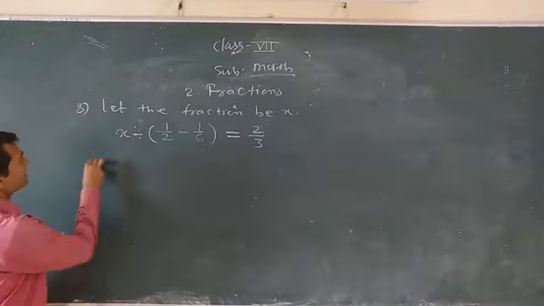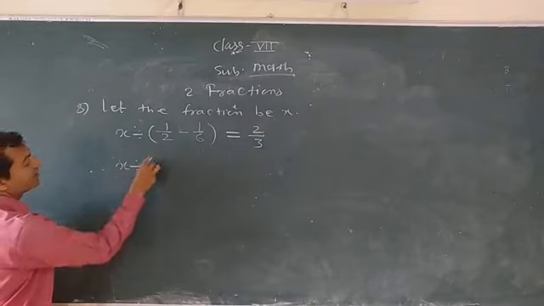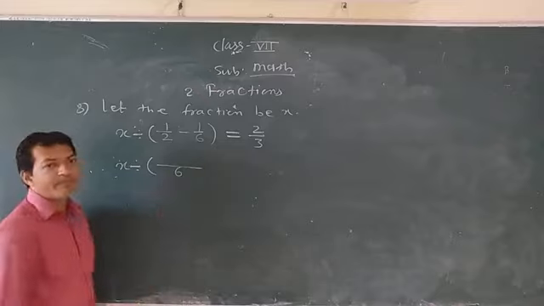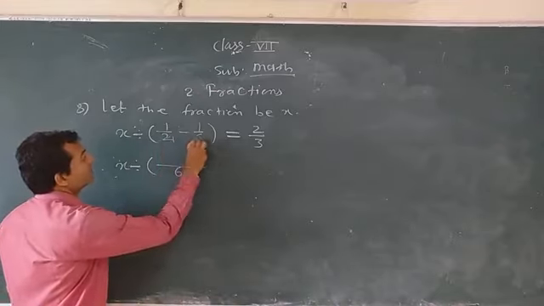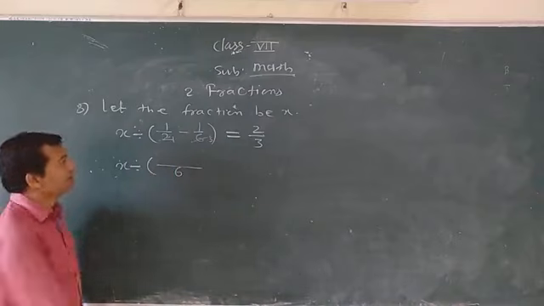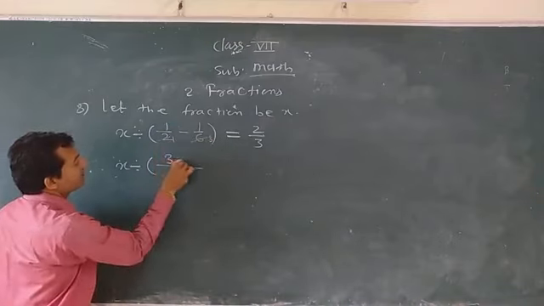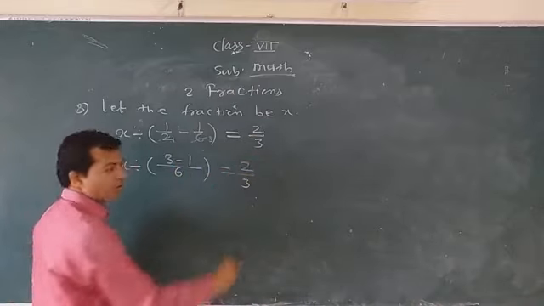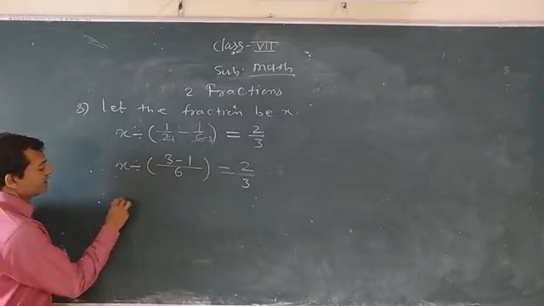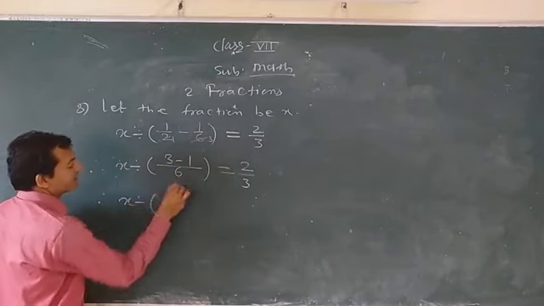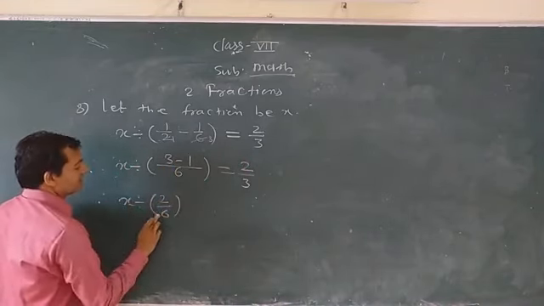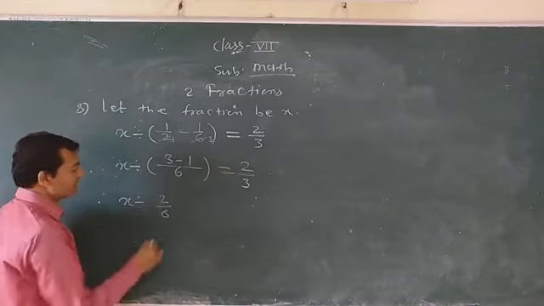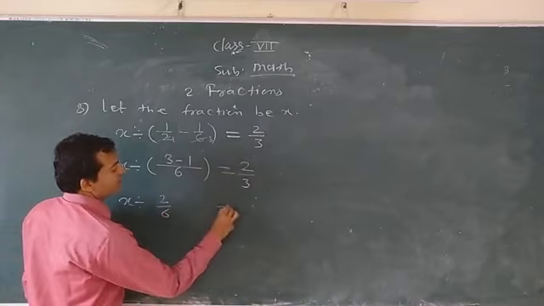See here, therefore x is divided by, you have to solve this bracket. Here 6 is the multiple of 2, so the greater number is the LCM. Now 2 ones are 2 and 2 threes are 6. Now taking cross product, 1 into 3, 3 ones are 3, minus 1 one is 1. Okay, so this will be equal to 2 by 3. Okay, understood this? Now next step, x divided by 3 minus 1 means 2, 2 by 6. No need to draw the bracket here. You can directly write 2 by 6. So this will be equal to 2 by 3.